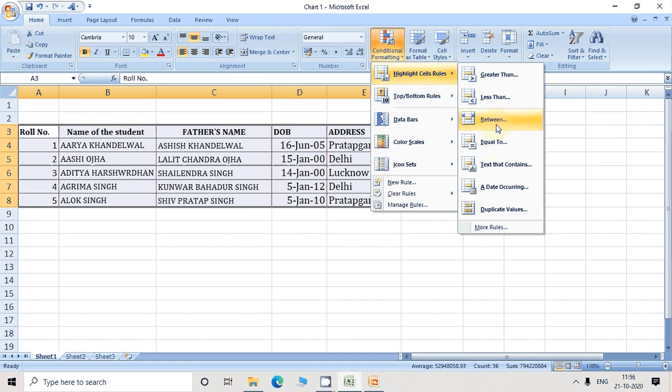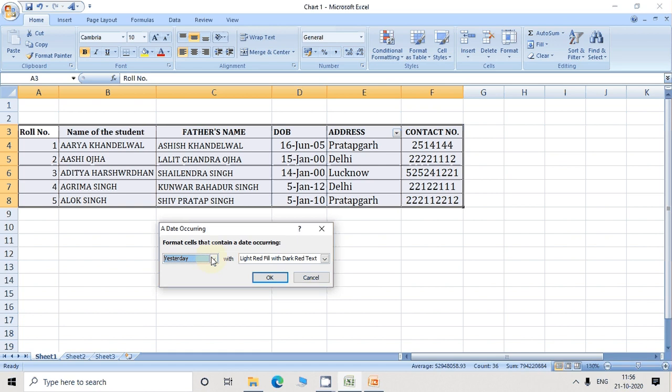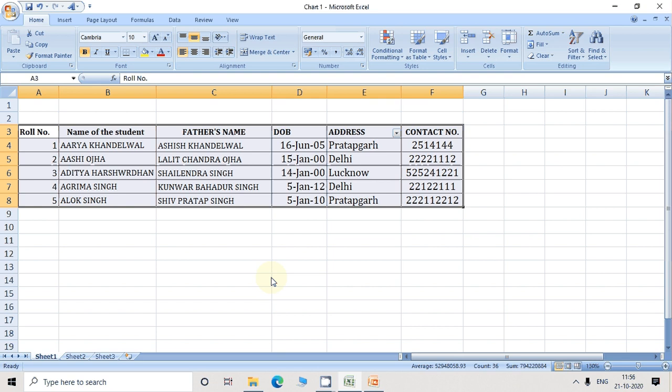Suppose you click between a date occurring, next or last month condition and then click OK. So no cell meets this condition.